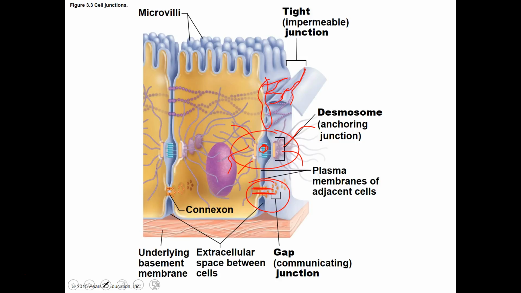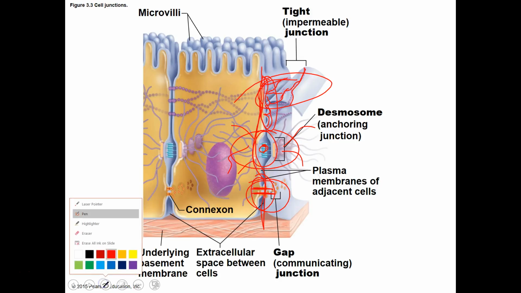What they do, though, is you can see how abundant they are. These would run the full length of the cells that they're adjacent to and create a barrier so that nothing could get through there. You can see how these have that stitching look that creates a barrier. These down here, on the other hand, don't create a tight barrier. These do create a tight barrier, but they have a different purpose. So that's where we see some of those differences.